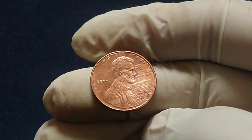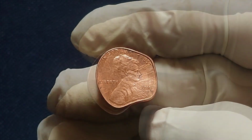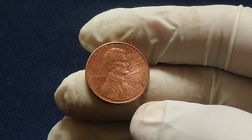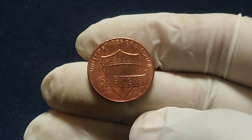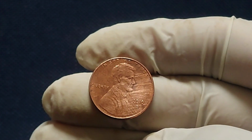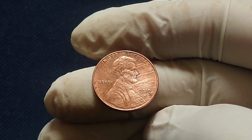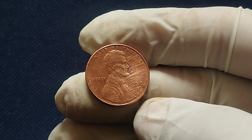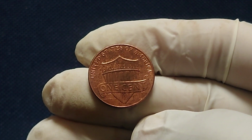The idea that a single cent could be worth a fortune has led to a renewed interest in modern coins, proving that numismatics is a field full of surprises. Many collectors and experts believe that additional rare 2010 D pennies are still waiting to be found. Some suggest that a limited number of these pennies were mistakenly released into circulation, while others theorize that a few